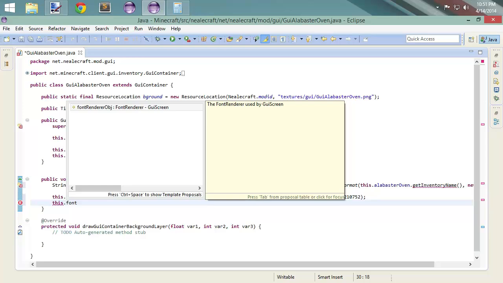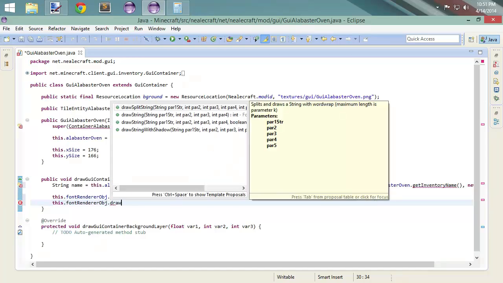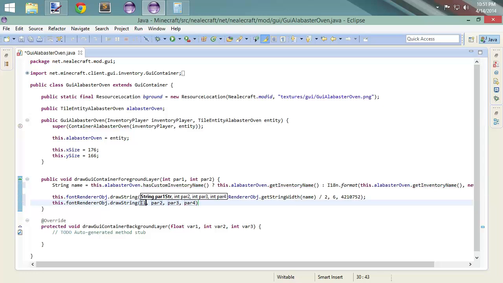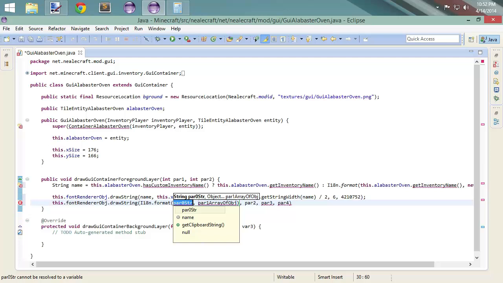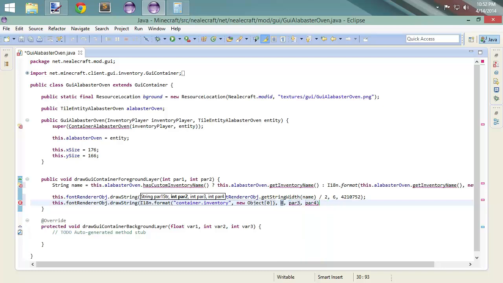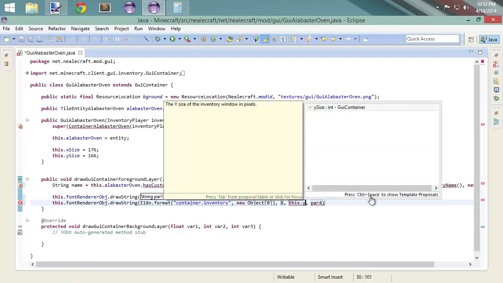The next thing that we need to do is write our inventory. So this.fontRendererObj.drawString. Again, I don't know which one of those to choose, so we're just going to type it out manually. this.I18n.format, and this will be container.inventory, and it will be a new Object array of 0, and it's going to be at 8, and it will be at this.ySize